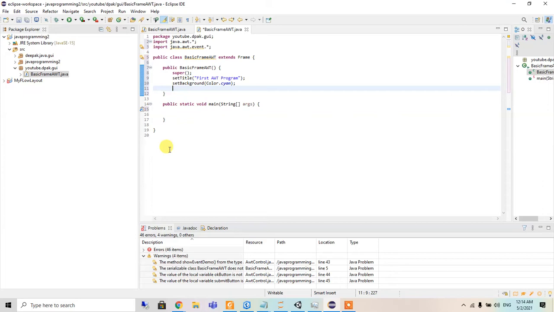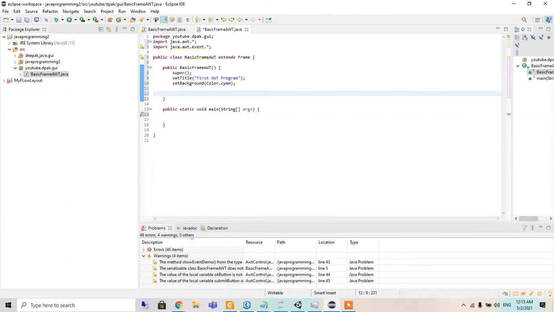will have some action listener. So if we click on the close button, the system will be closed. If these buttons wouldn't be used, it would just stay in the taskbar or in the window, so it would be difficult to close it. So I will call this in just a minute. First I will